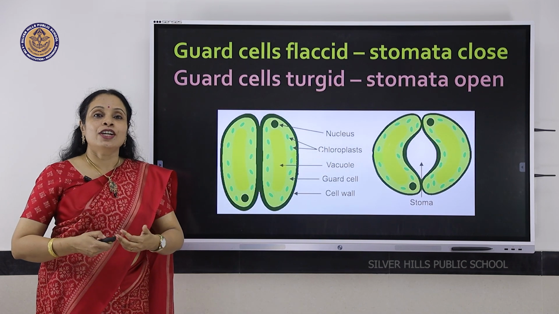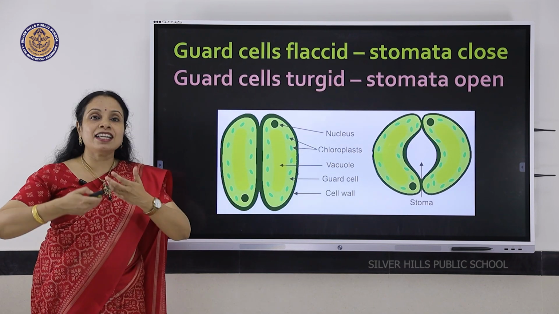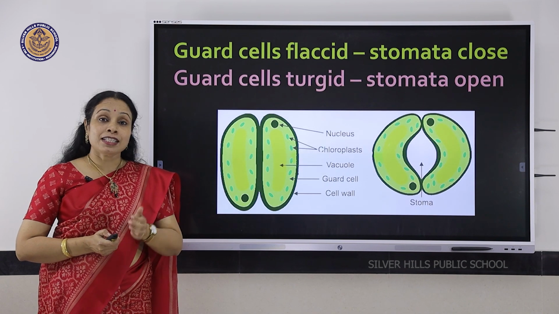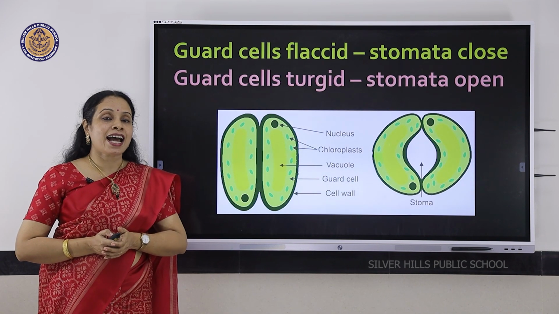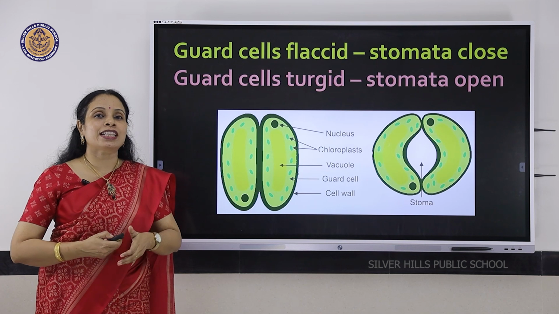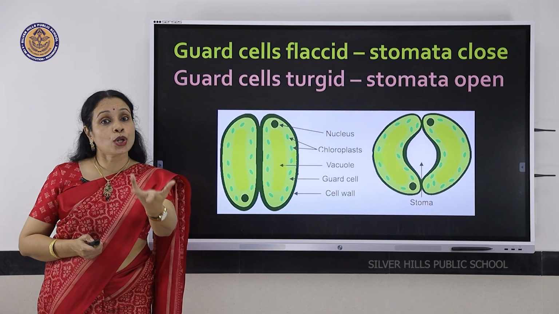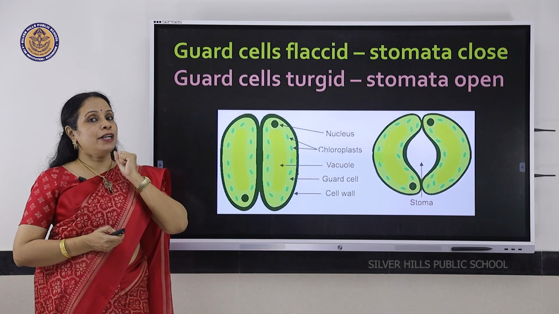Just like us, during respiration, the plants take in oxygen and give out carbon dioxide. But in the previous session, you learned that the opposite happens during the time of photosynthesis. Then plants give out oxygen and take up carbon dioxide.